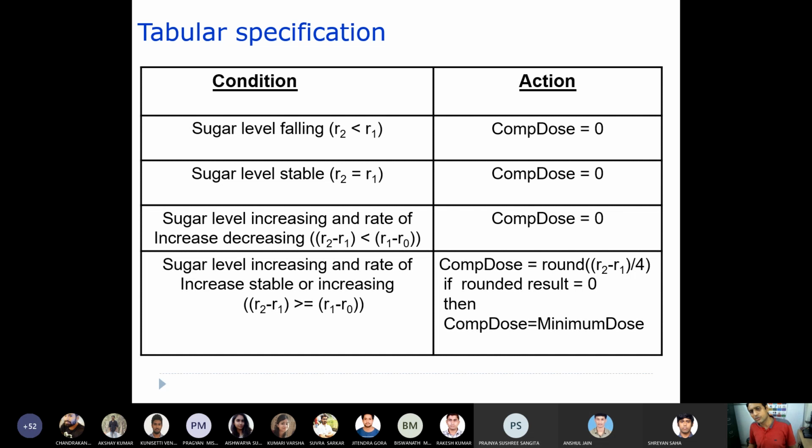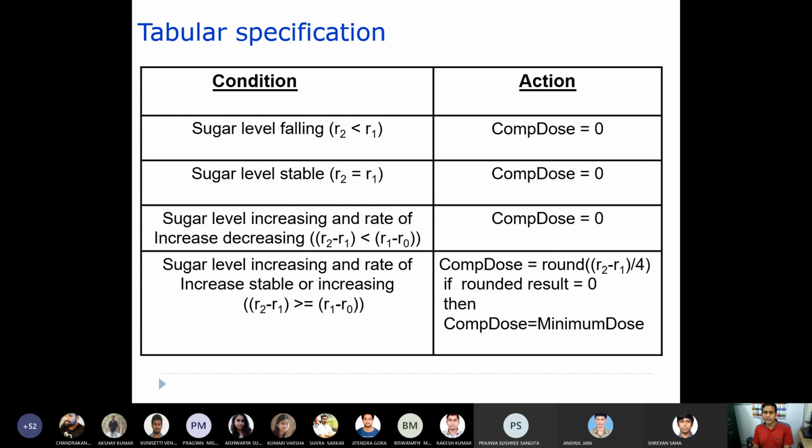If the sugar level is increasing, but the rate of increase is decreasing, that can be defined through a condition like this.